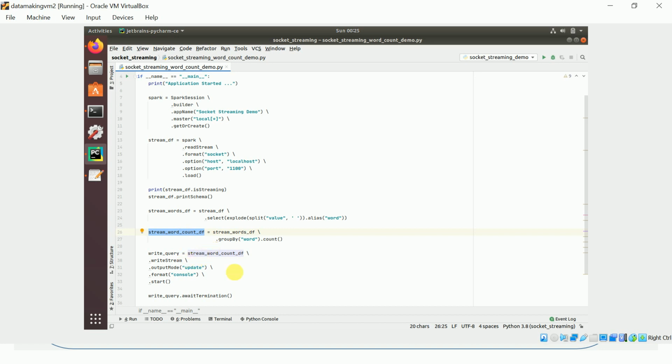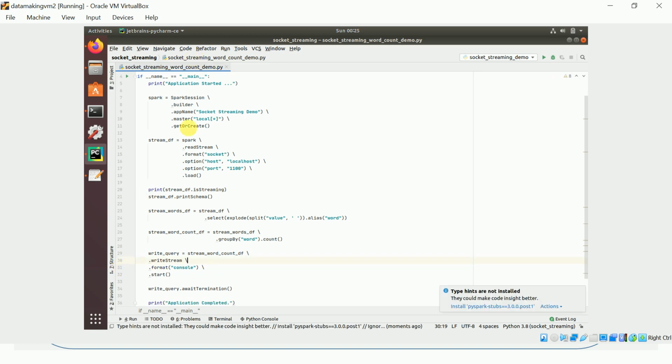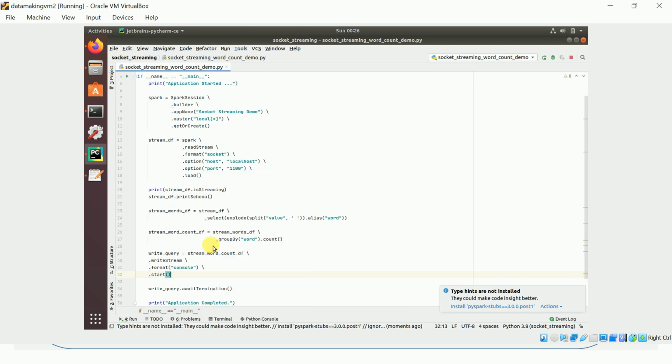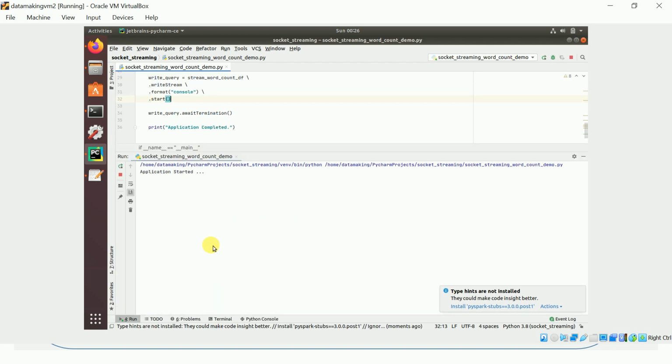I'll put in the same code as before: the final data frame's writeStream with format console, and then we wait for the query to be terminated.